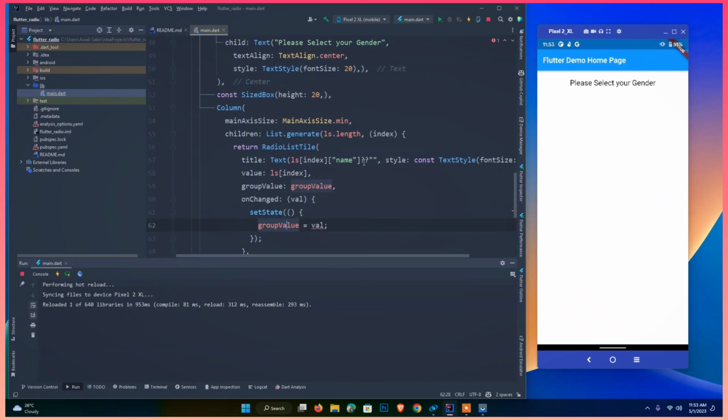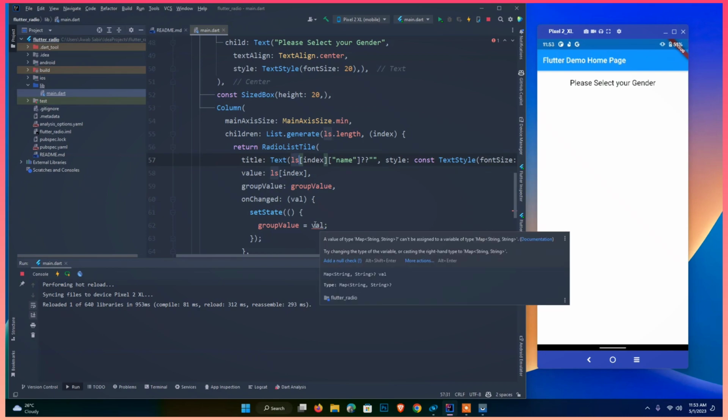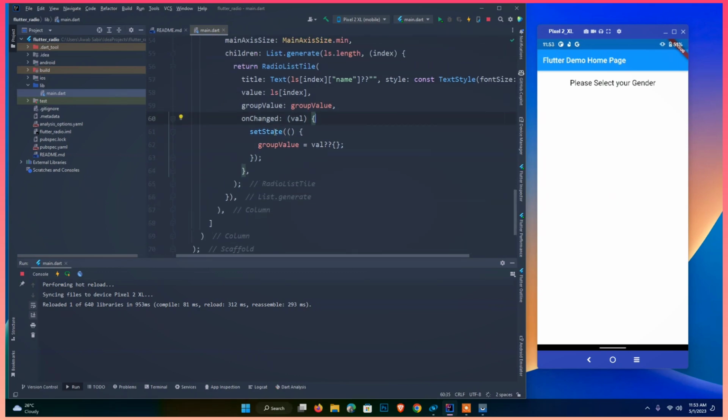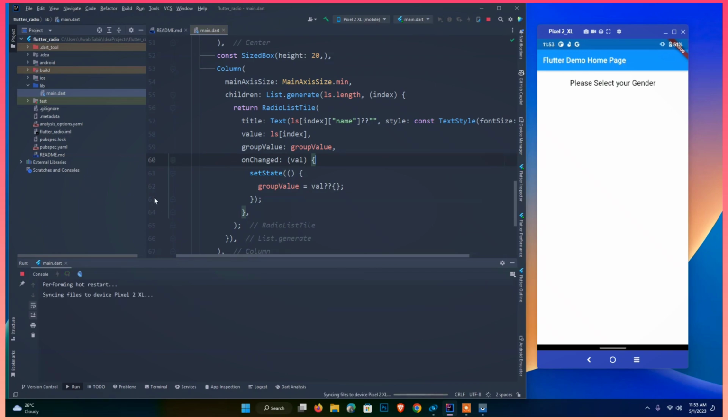So why are we taking ls dot length? So if that is empty, then you can provide this. This is the null safety that we are using. So let's see how it's happening. As you see, male, female, it will automatically change the value that we want. So what if